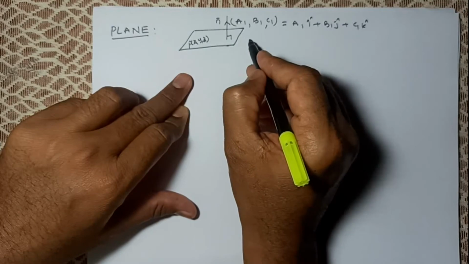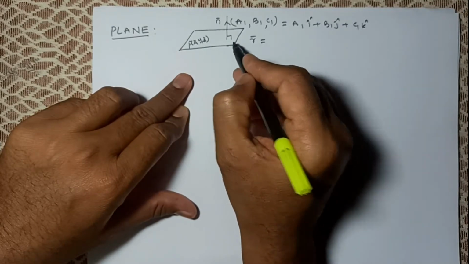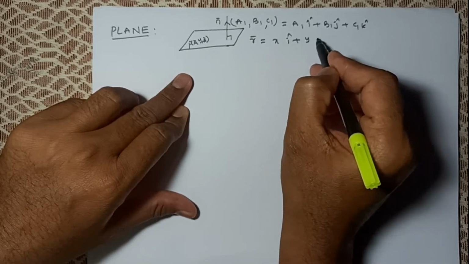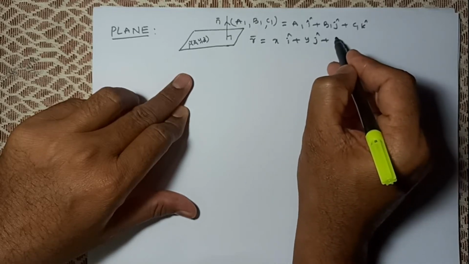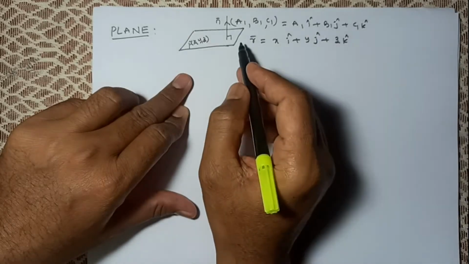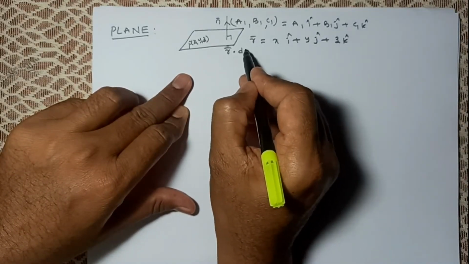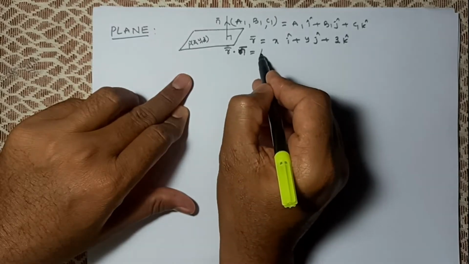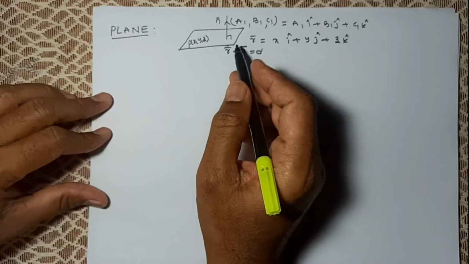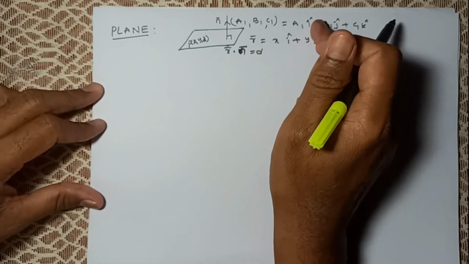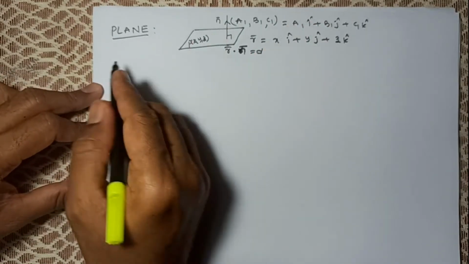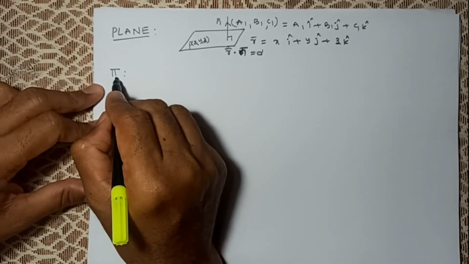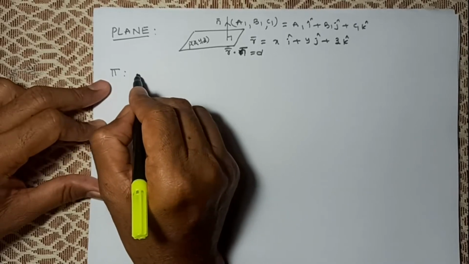Any locus vector on this plane, r bar, is equal to x i cap plus y j cap plus z k cap, and this plane equation will be r dot n bar is equal to d. If you simplify this dot product using these two pieces of information, this plane equation will become, plane we generally denote with pi, so then it is